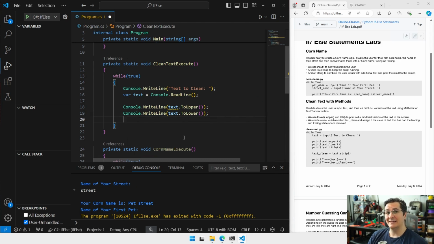Now, in order to get into title case, there is no text to title, right? If I was to copy this and say to title, it's not there. The method's not there. It's not an option. What there is, and I have it over here off screen, a helper class called CultureInfo, or more specifically the TextInfo off of it, that can get us that